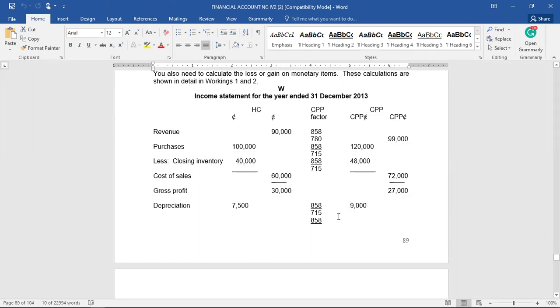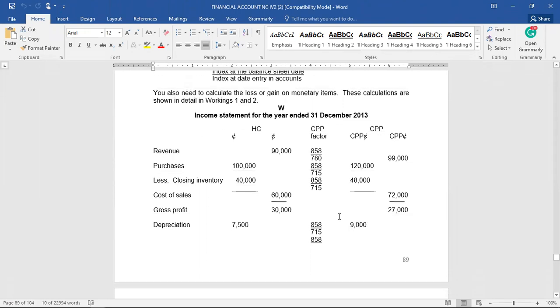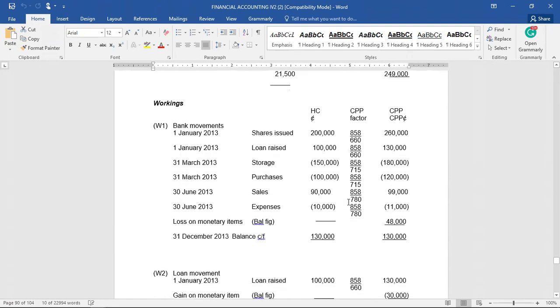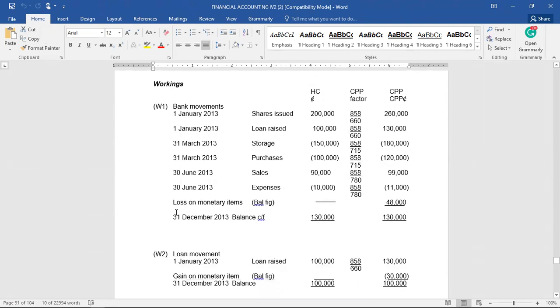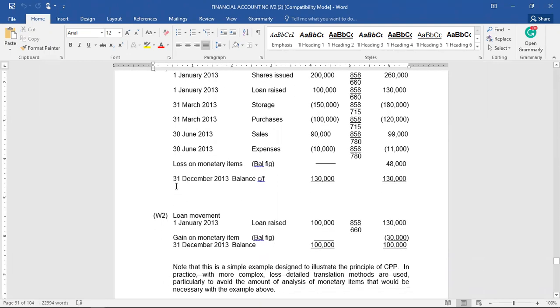So once you know the interest on the loan, two things are involved over here. You can be asked that the interest on loan is paid at the end of the year. So let's assume the interest on loan is paid at the end of the year. What it basically means is that if I come to my cash flow statement over here, on 31st December, I'll just put interest on loan. The historical cost, 10,000. CPP, 10,000. Why? CPP is also 10,000 because the CPP factor here is going to be 1, because I'm making the payment on 31st December and December 31st also happens to be my reporting date.